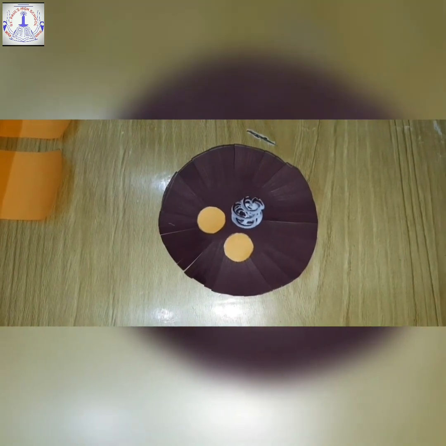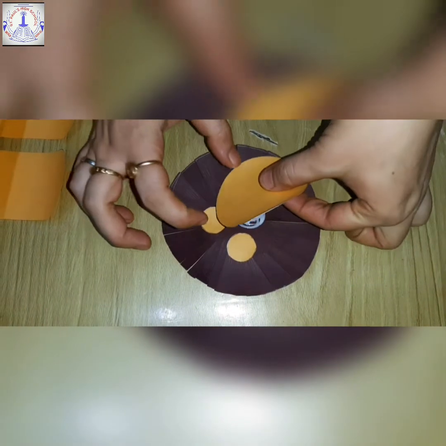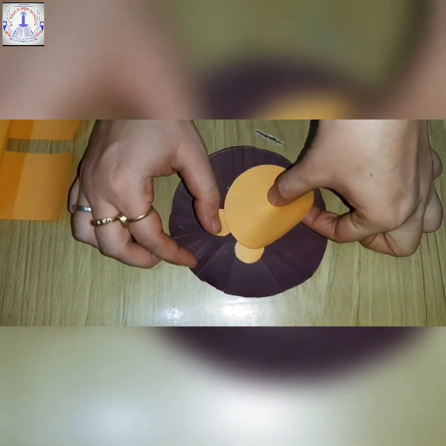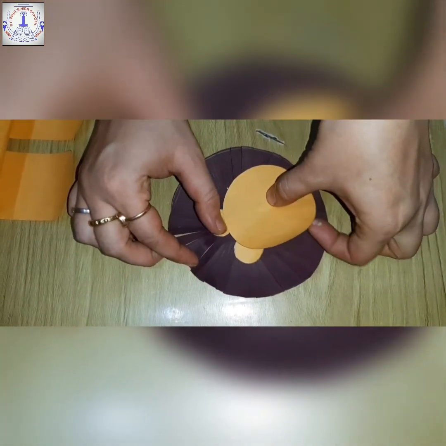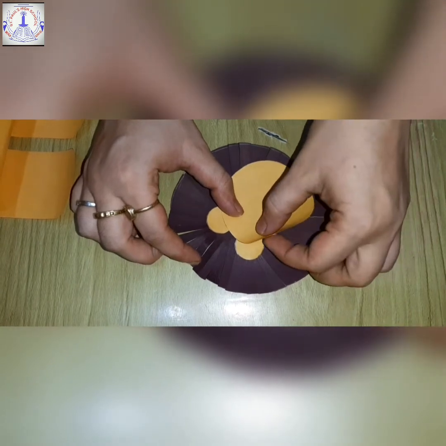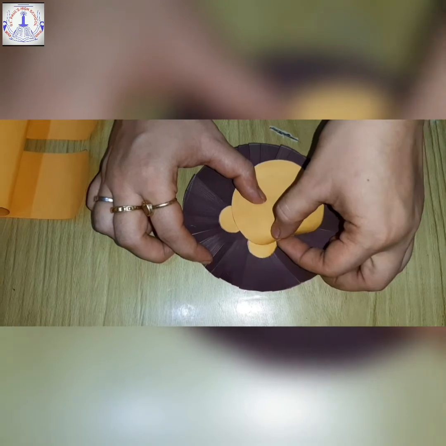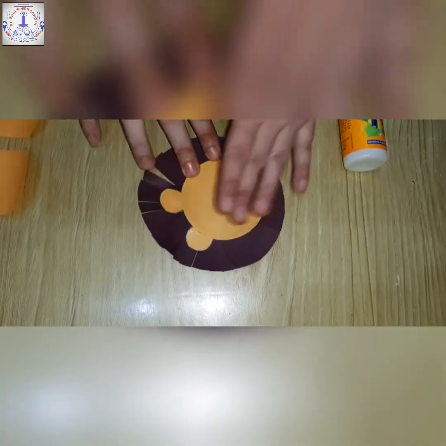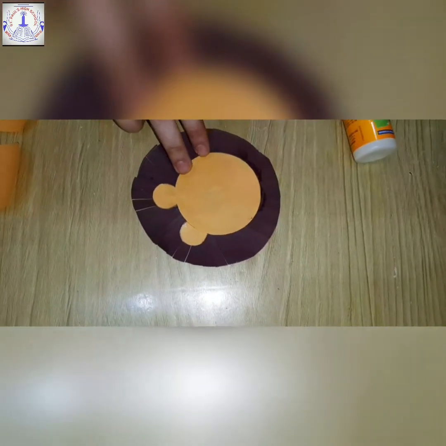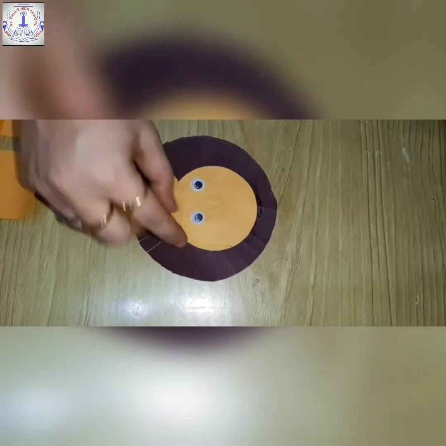Now we are going to stick the face of the lion. Cover half of the ears and stick the face like this. This way we have got the face of the lion now.